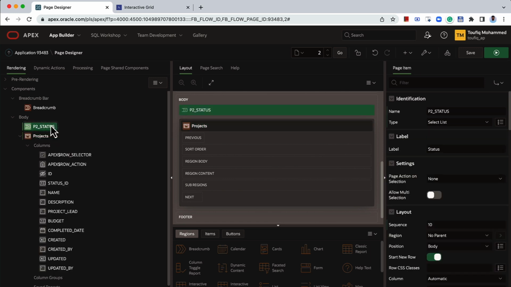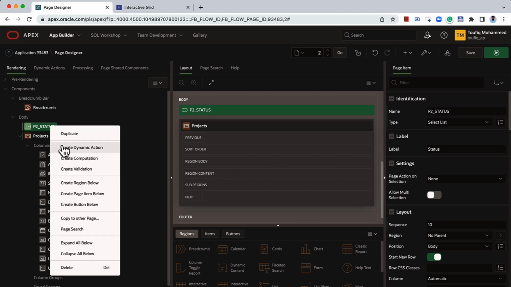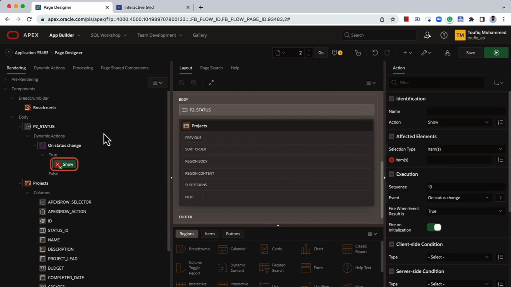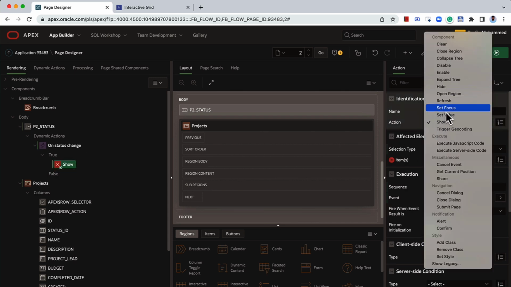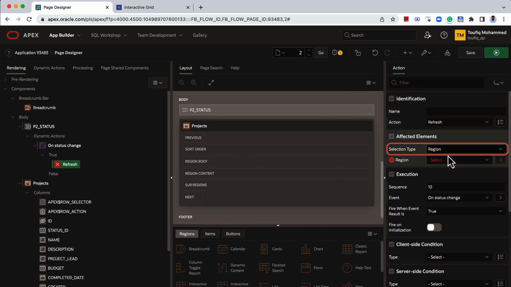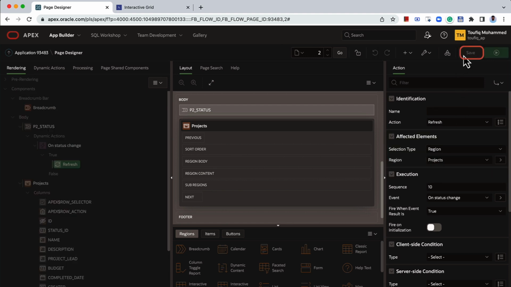Now, as a last step, I'm going to create a dynamic action on the status page item, which will refresh the project's grid as soon as the status item is changed. To do that, I'm going to create a dynamic action, a meaningful name, and for the action, I'm going to select refresh, and the selection type will be region, and I'm going to select the interactive grid region. With that defined, I can simply save,